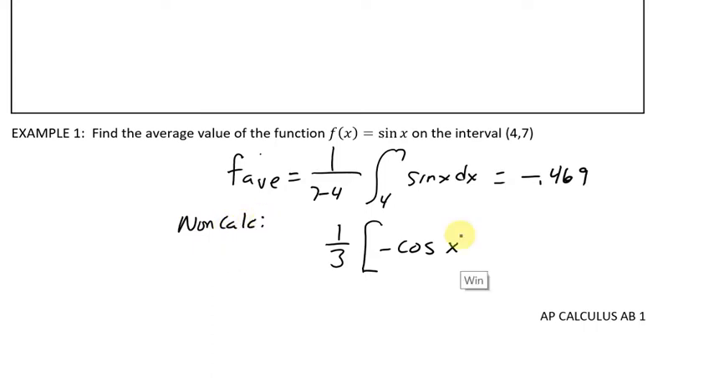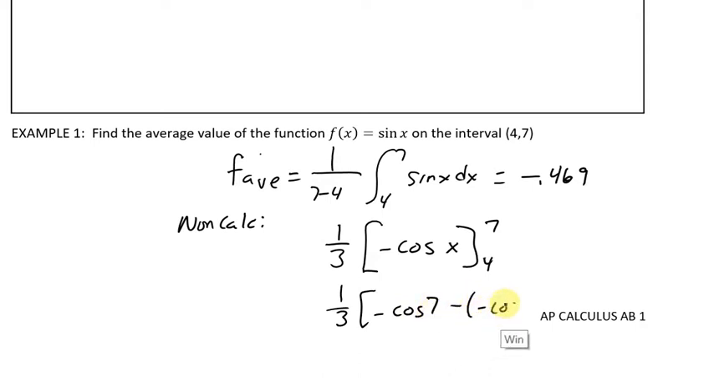Evaluated from 4 to 7. So I would have 1/3 and then negative cosine of 7 minus negative cosine of 4. And if we're doing non-calculator, actually this answer would be acceptable, because we could put that into any scientific calculator